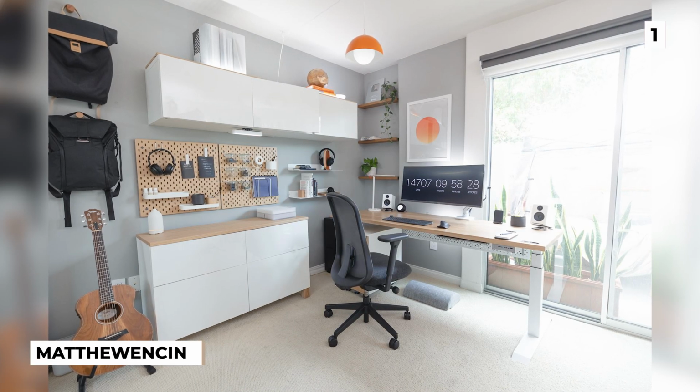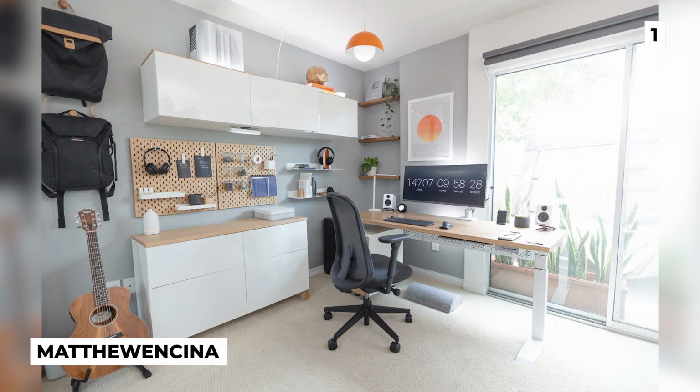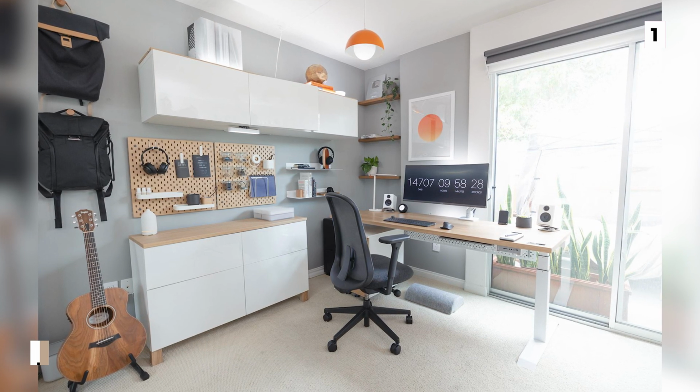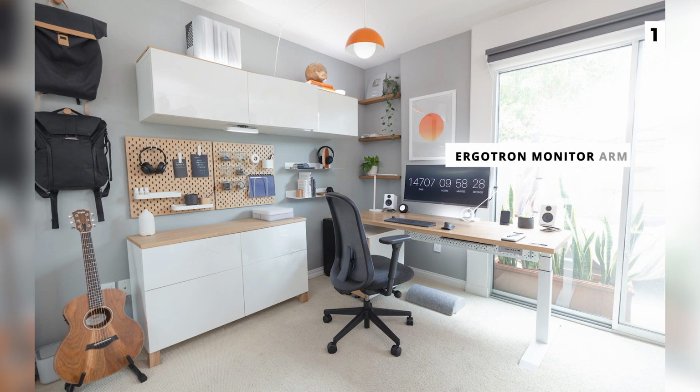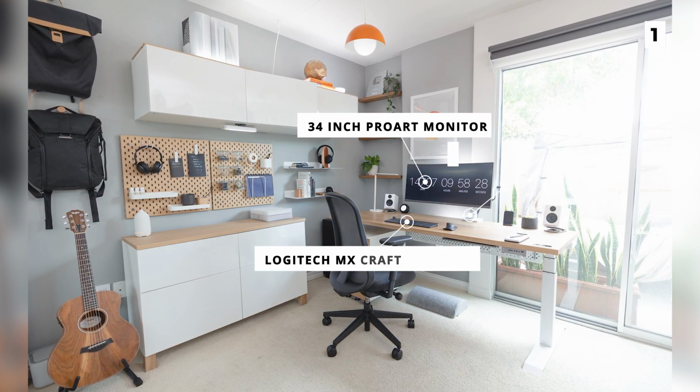The last setup on our list comes from Matt the Wencina, who actually has a YouTube channel where you can follow his journey to making this amazing setup. This build features an Ergotron monitor arm that is supporting a 34-inch ProArt monitor, a Logitech MX Craft keyboard, and